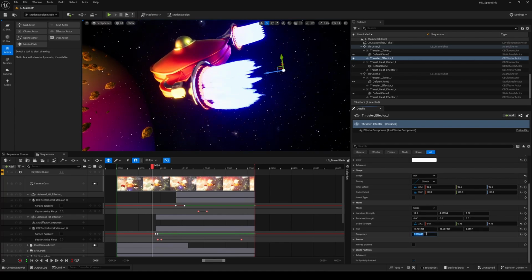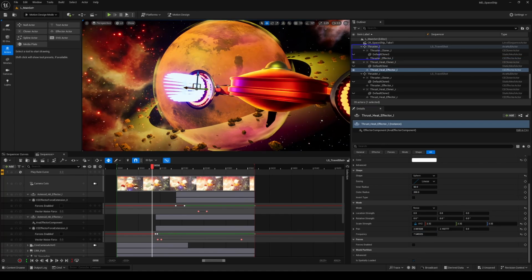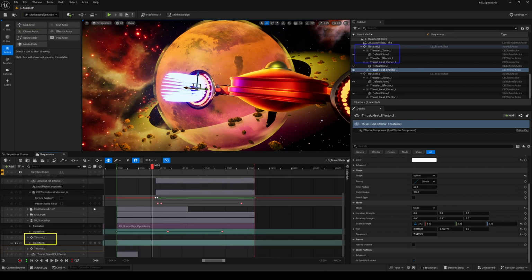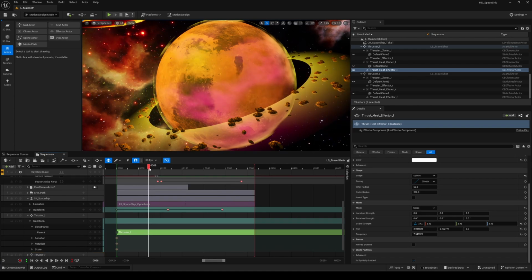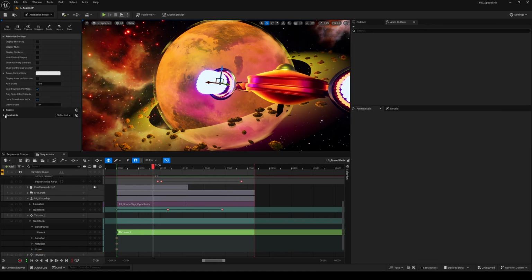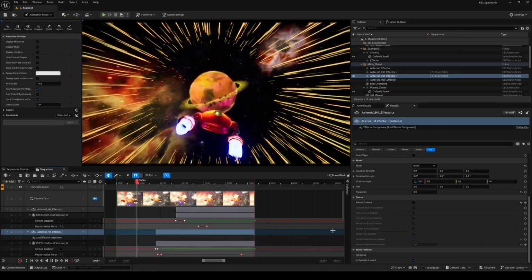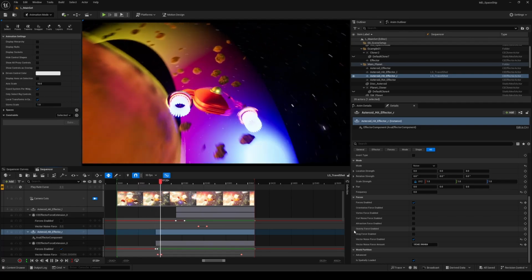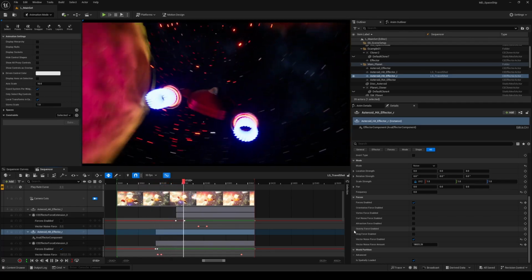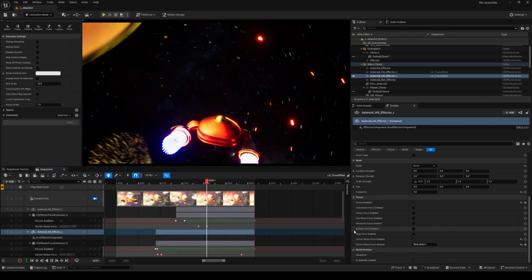What makes it even easier is that motion design now lets you create null actors so you can parent everything together neatly. In the sequencer, I simply used that null to constrain each thruster effect to the corresponding bone on the ship. Control rig, sequencer animation, constraints, all of these tools are seamlessly compatible with motion design, unlocking so many new possibilities. I'm generally excited about it, guys.